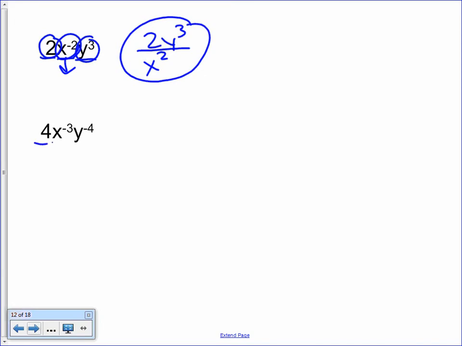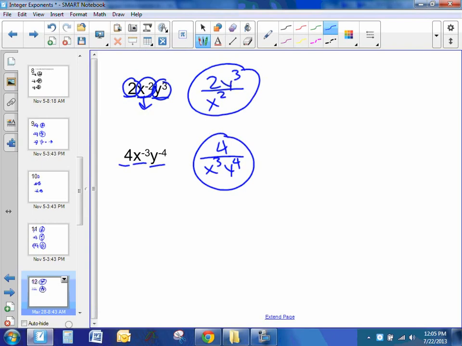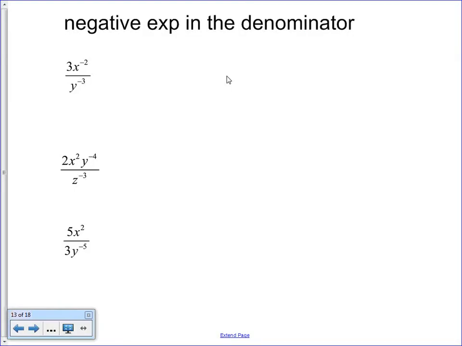Looking at this one, the 4, the x, and the y. The x and the y both have a negative exponent, so that's going to be written on the bottom with positive exponents. And the 4 is left on. All right, so the next few slides, we're going to talk about what happens when we have a negative exponent